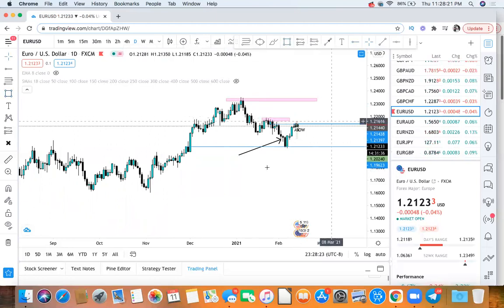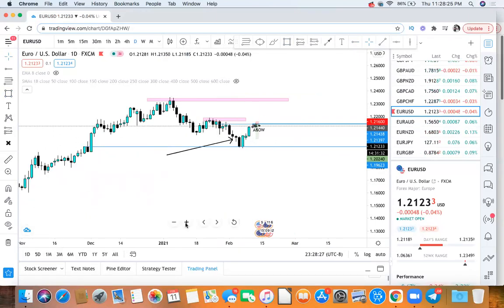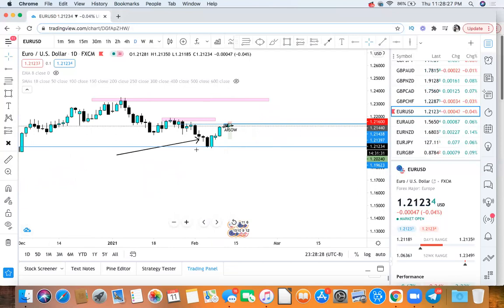So at the moment, I'm just going to be taking advantage of this retracement to the downside to look for selling opportunities. And my take profit, I always have it run to this daily accumulation price candle right there. So I'm waiting for that daily accumulation price candle to be tested so I can start looking for some buying opportunities. So if we come down into the 4-hour time frame,